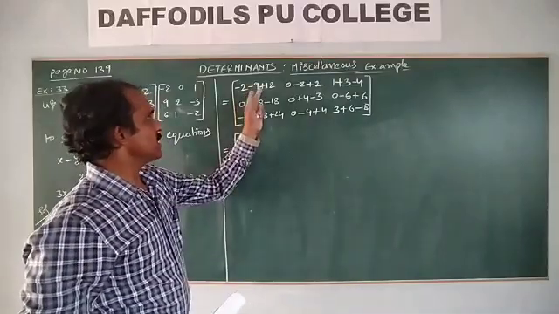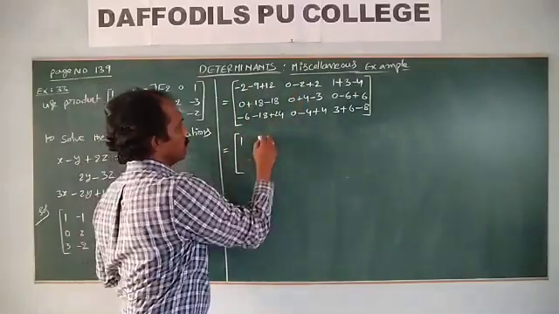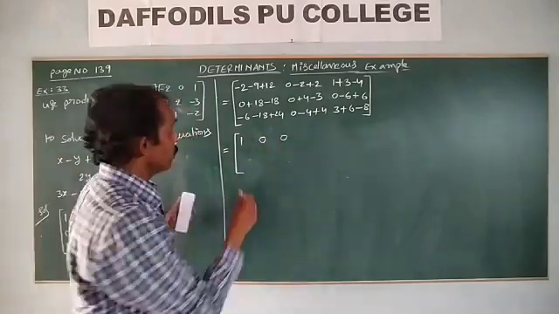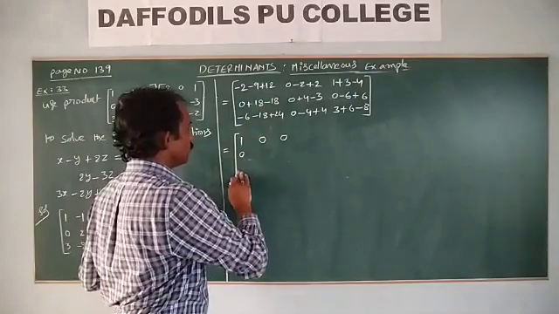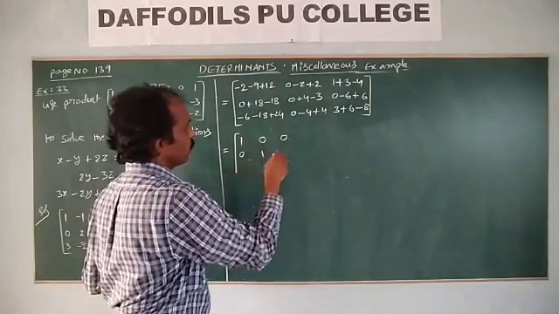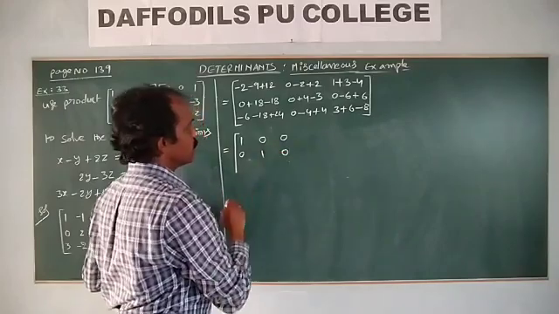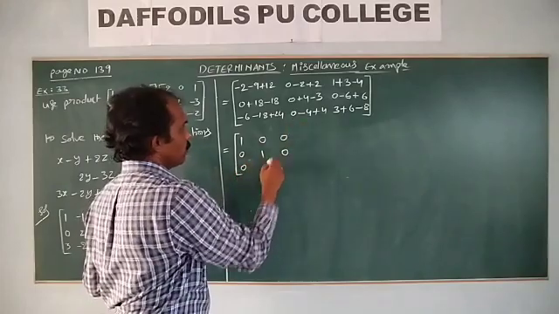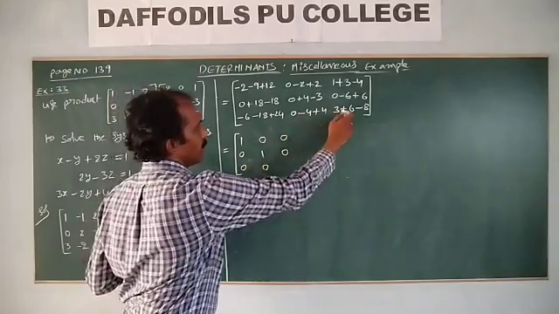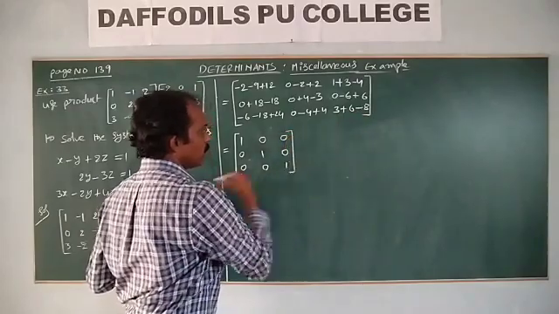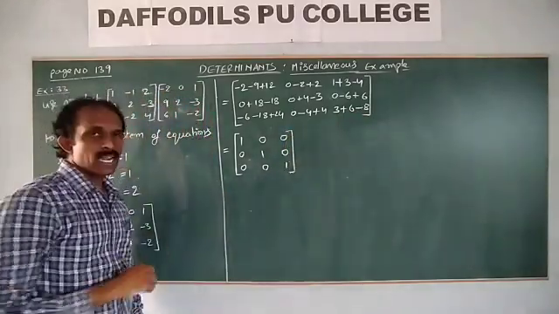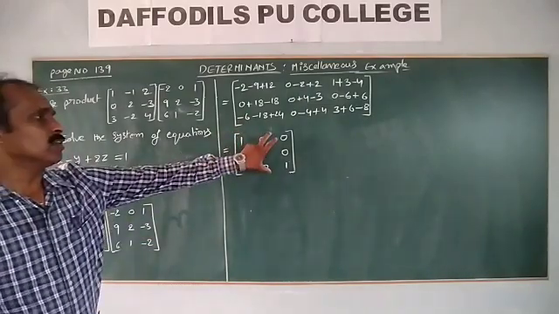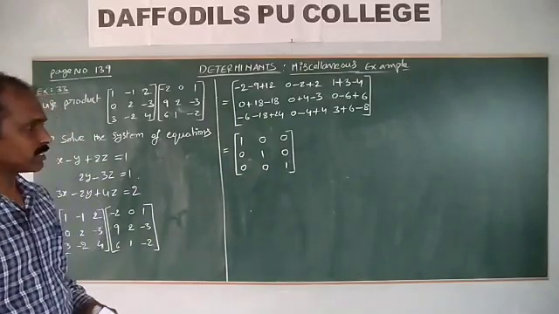You see, minus 11 plus 12 is 1, minus 2 plus 2 is 0, 4 minus 4 is 0, 18 minus 18 is 0, 4 minus 3 is 1, minus 6 plus 6 is 0, right? 24 minus 24 is 0, 0, 9 minus 8 is 1. So this is the identity matrix. This is the identity matrix. The product of the two matrices, you got the answer as the identity matrix.